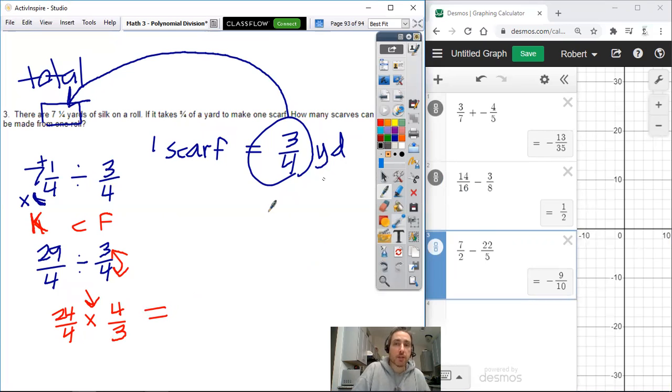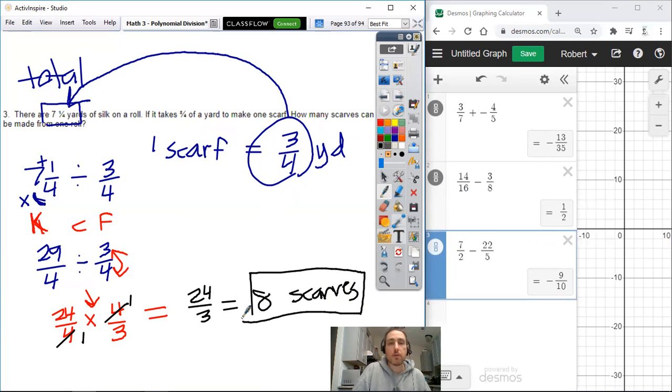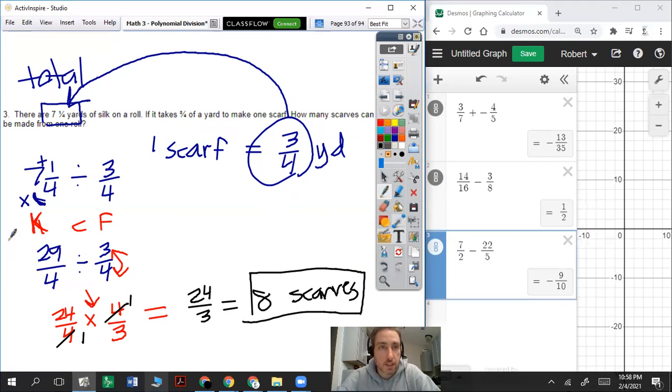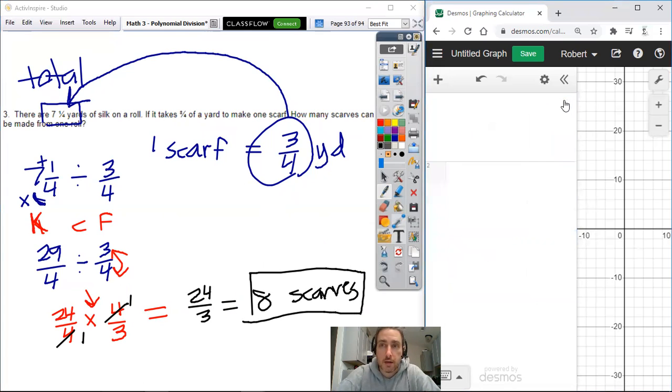Well, this one's kind of cool because those 4s will actually cancel out, right? So this is really, those are both 1, so it's really 24 over 3. And it turns out 24 divided by 3 is a whole number. That's going to be 8. So it takes 8 scarves, each at 3/4 of a yard, to get 7 1/4 yards. And let's check it. So 7 1/4 is 29 over 4. And if we press divided by 3/4,